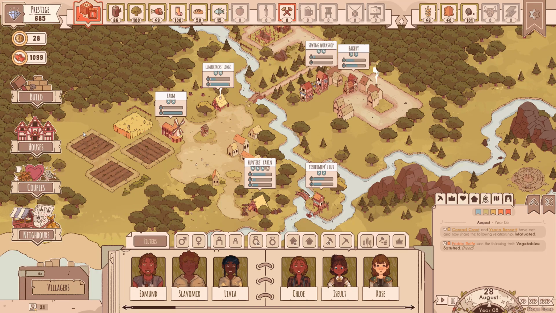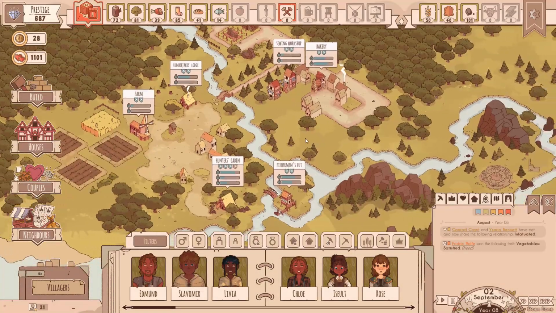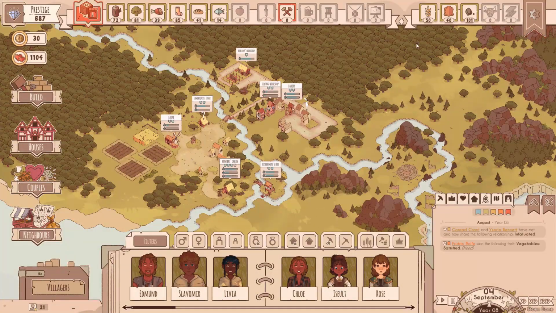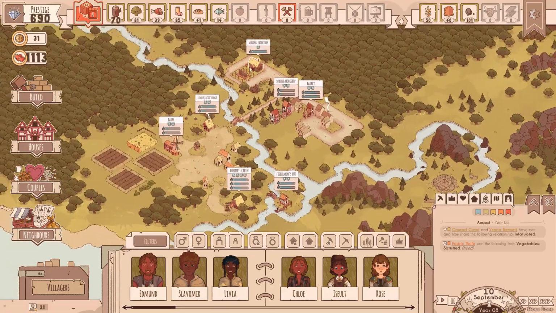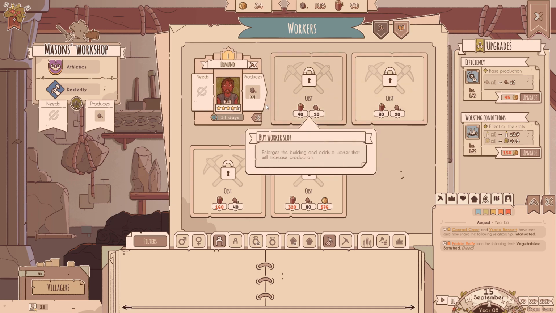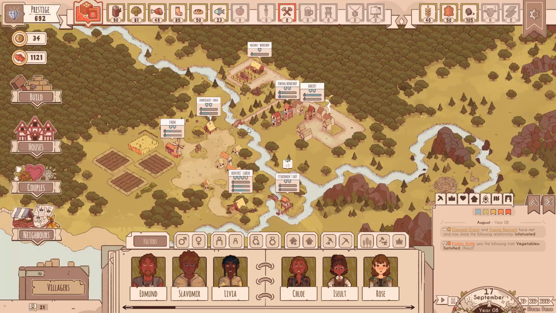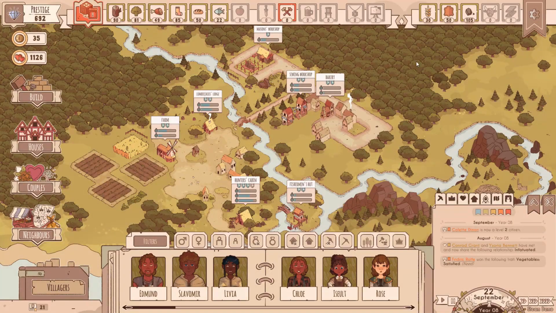Next thing we need to work on is tools, and so for that we need not a livestock farm. We do need, I think we got a blacksmith somewhere. But I'm guessing that might be in the mason's workshop. Maybe not. I stand corrected. What's the next thing? The next thing is, okay, a livestock farm. So for that we're going to need...